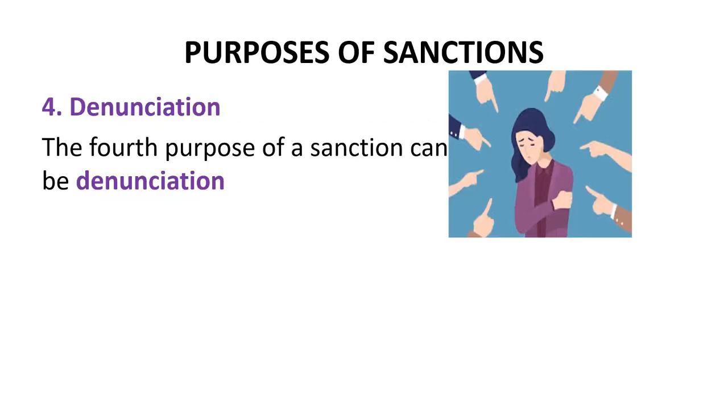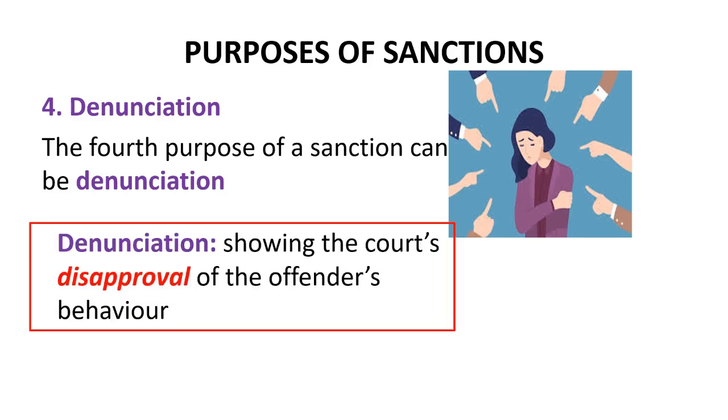The fourth purpose for imposing a sanction on an offender is denunciation. Denunciation means showing the court's disapproval of the offender's behaviour. Look down the left-hand side of your vocabulary sheets, find the term denunciation and write this definition in there. The way that a court denunciates an offender's behaviour is by imposing on the offender a sentence that is at or close to the maximum sentence that can be imposed on the offender for the offence that the offender has